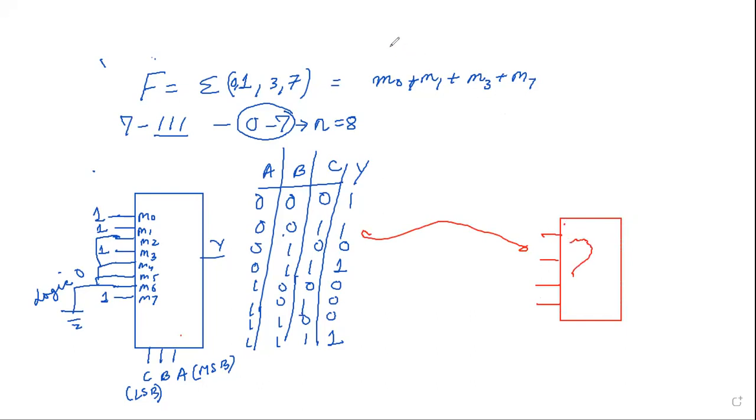I know I'm going to use a 4:1 multiplexer, but then what is the logic which is going to define that? So for defining that logic,